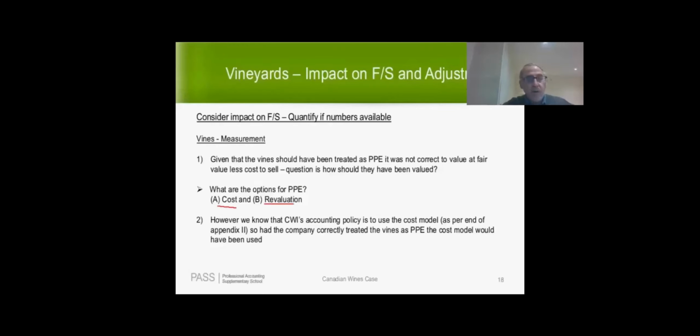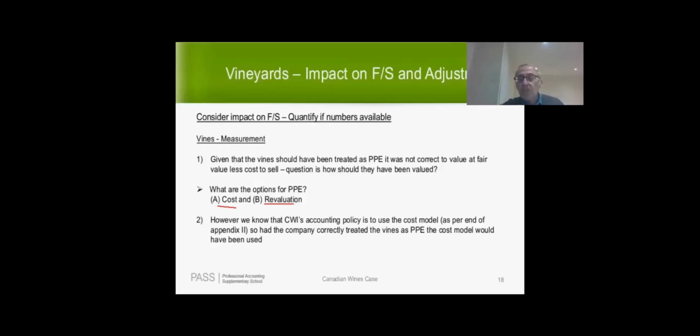We're told that they use the cost method. If you look at the end of Appendix 2, they actually tell you that explicitly. Take a look, guys, at the 5th page of the case, the very last page of Appendix 2. What you're told is, it is CWI's policy to account for all of its property, plant, and equipment